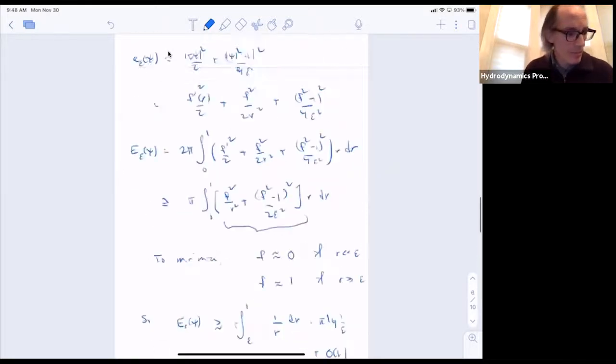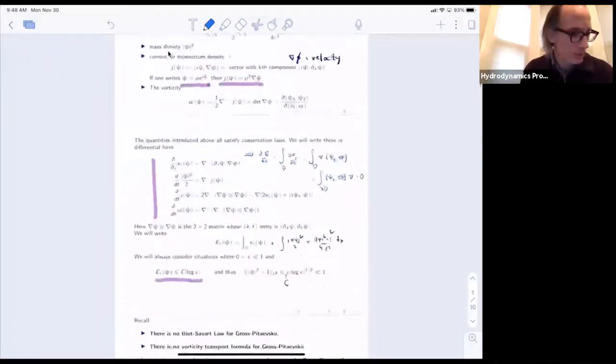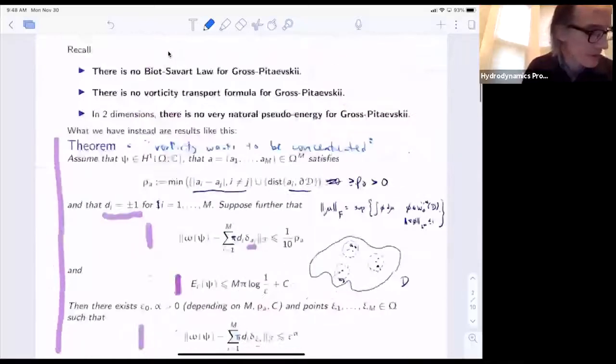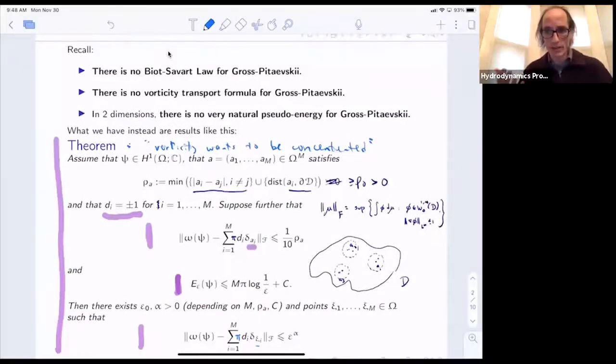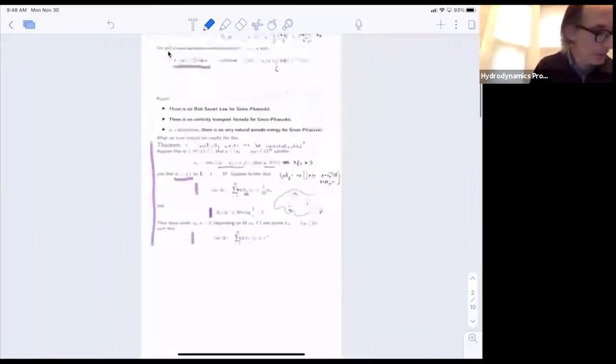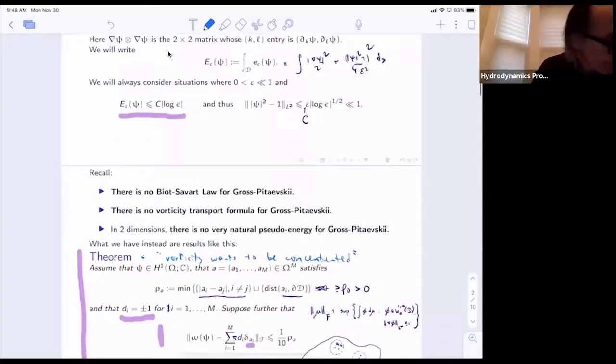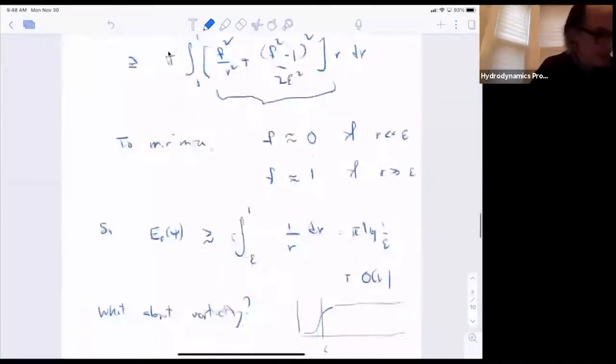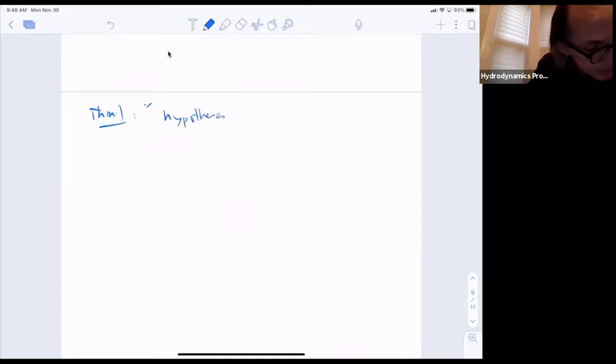So let me describe how I will prove theorems like this. This is also to review what the flat norm means, or to see what it means in this context. This is a theorem that says under some hypotheses, the vorticity is very sharply concentrated. Let's call this theorem 1. Theorem 1 says some hypotheses imply